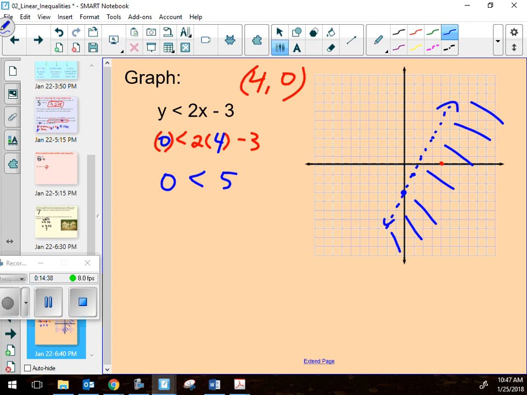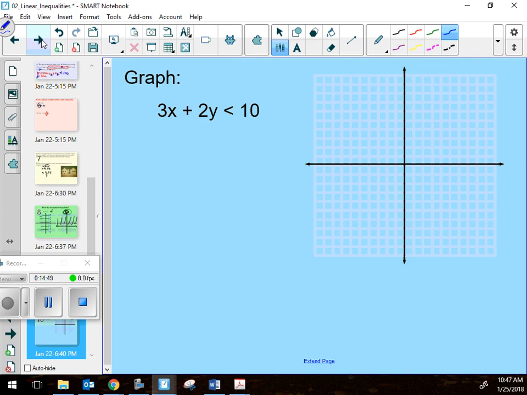So if you're just trying to figure out if you're shading on the right side of it, the correct side of it, I should say, take a spot that you think should be shaded and make sure it actually works. All right, last thing I want to bring up is all the ones we've done so far were always